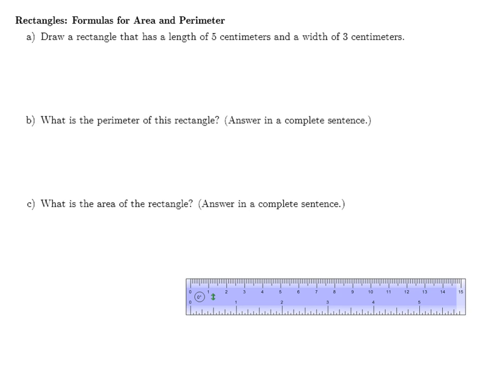In this example, we're going to draw a rectangle that has a specified length and width, and then compute both the perimeter and the area of that rectangle. To start, we're asked to draw a rectangle that has a length of 5 centimeters and a width of 3